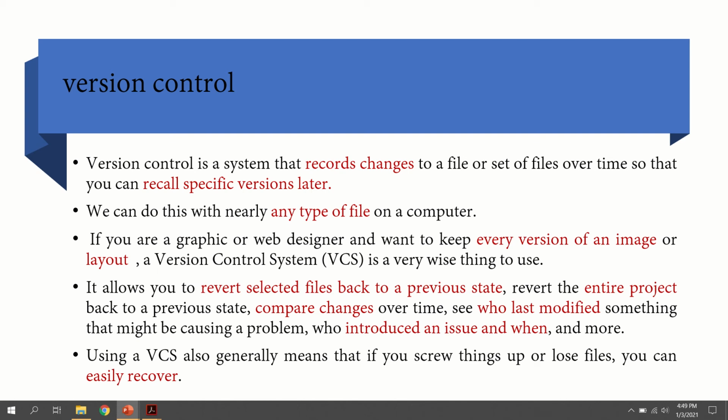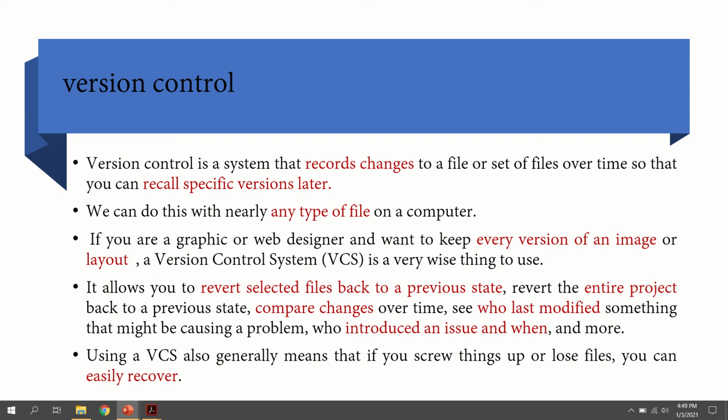And next, suppose I am making 2 versions of one file. I have an original version, and I make some modification to it, which creates the next version of the file. If I want, I can compare the first and second versions to understand which modifications were added to the previous file. So that is also possible.